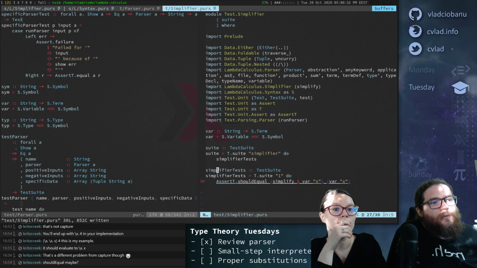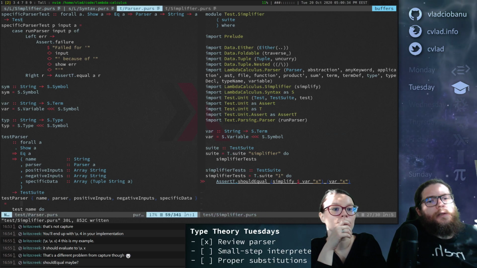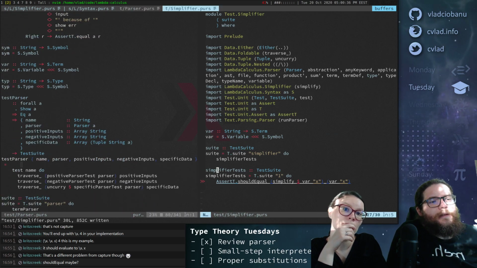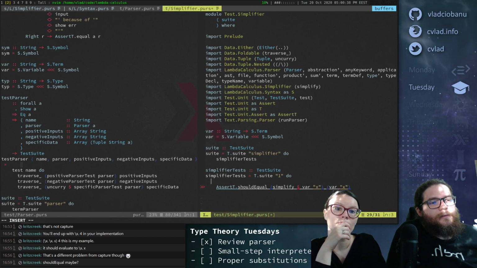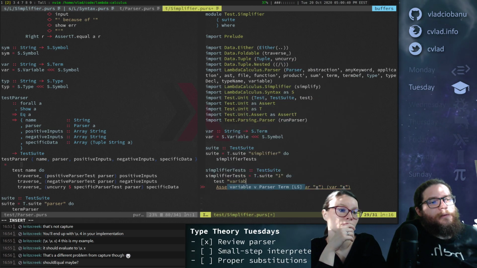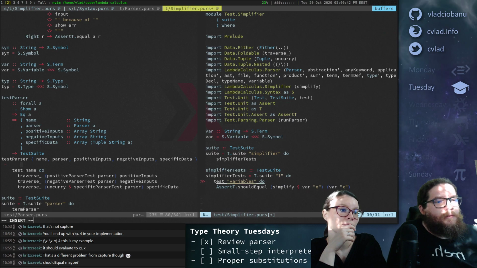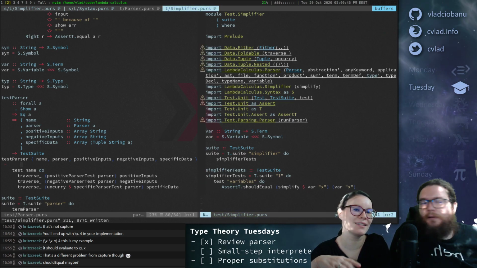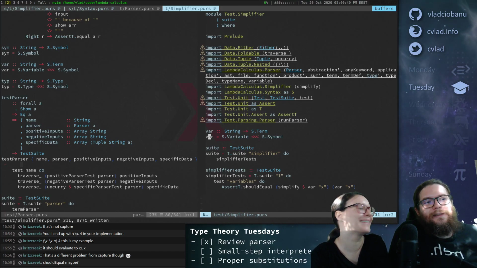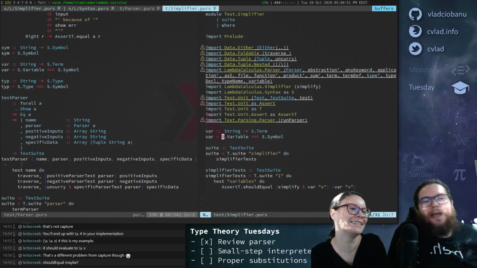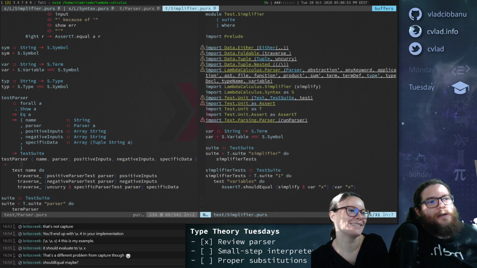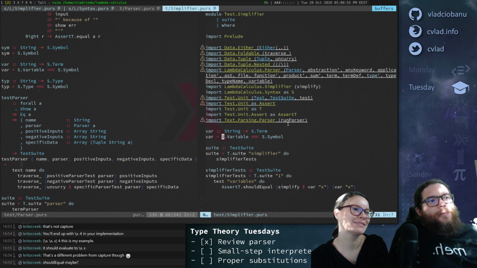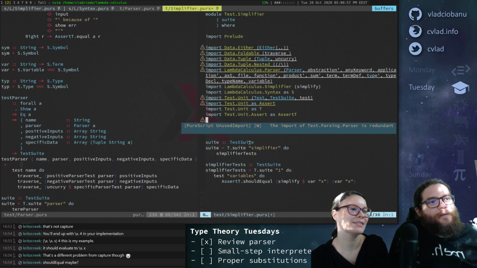Okay, so I think we need to put them inside a test, right? So it should be like test variables do. Okay, I was really struggling to understand what this small var is. Now I see. Oh yeah, it's a helper to make things easier. And I will not clear this up because we'll probably need some of those. But we definitely won't need the parser.